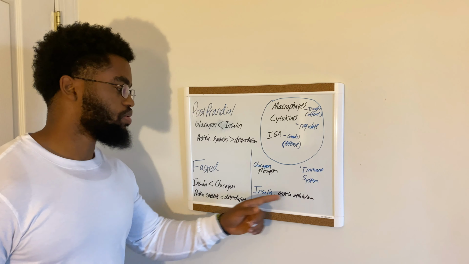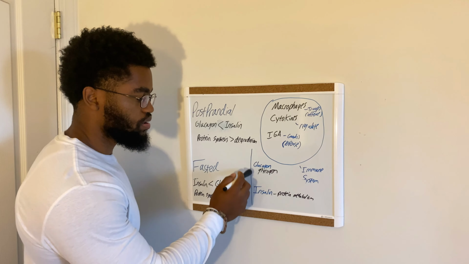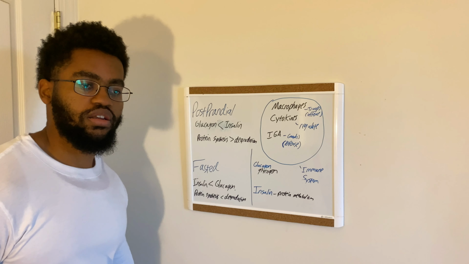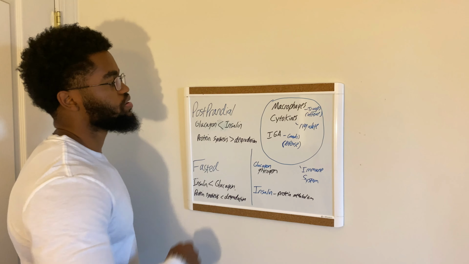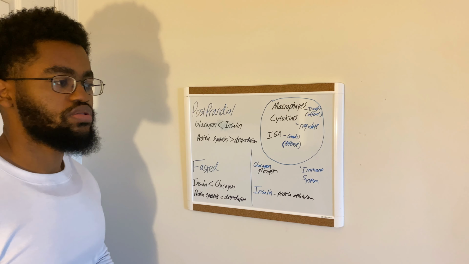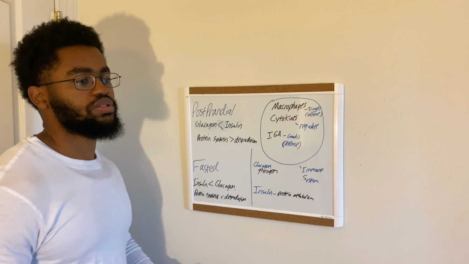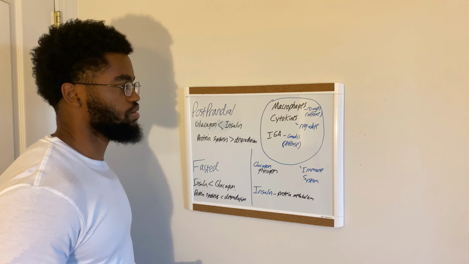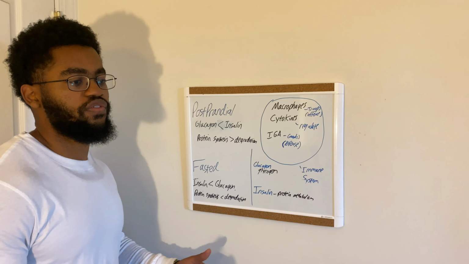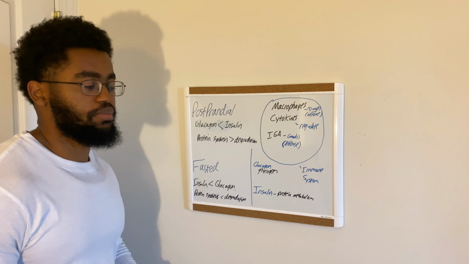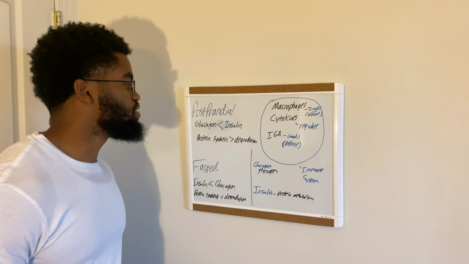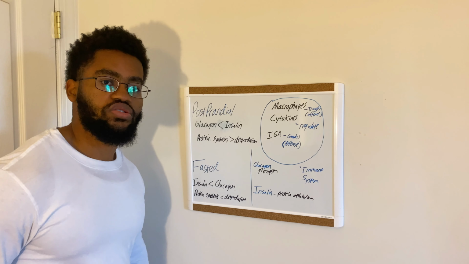So insulin can be your friend, but it can also be your enemy. Glucagon can be your friend, it can also be your enemy. So take that into consideration. Hopefully this video has given you some insight into just how important protein is, not only in terms of building muscle, but in terms of just the overall functions of your body. I mean, your brain needs it, your organs need it, and everything like that.